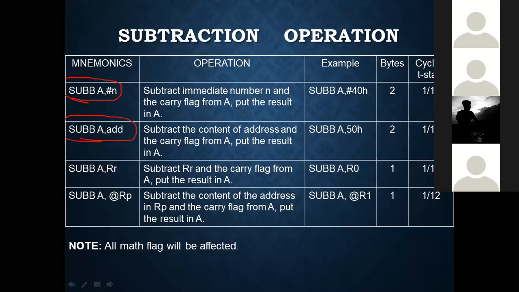This one is SUBB A comma R5. Before the instruction, if the content of the A register is 79H, the content of R5 is 34H, and the content of the carry flag is 0, then